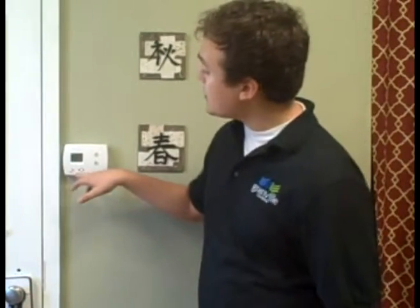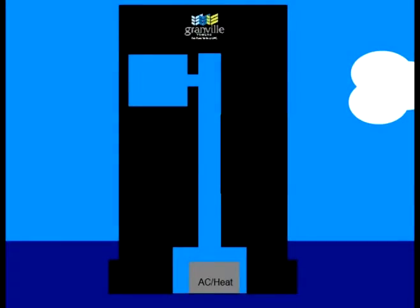Now, if you're on summer, then the vent is going to blow when your room is hotter than the temperature that you want it to be. Because Granville has central cooling and heating, which means the entire tower either has cold air running through the vents or hot air running through the vents. Now, when cold air is running through the vents, which it is when it's hot outside, kind of warm outside, you want it set to summer. That way, if the thermostat wants to cool your room down, it can blow cold air into the room